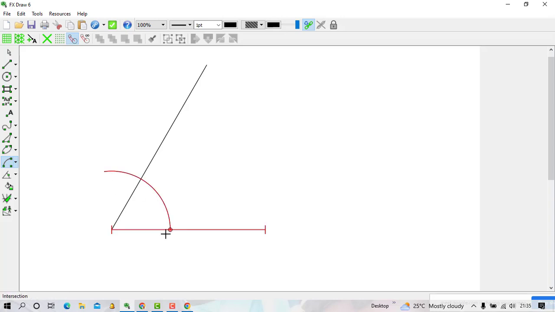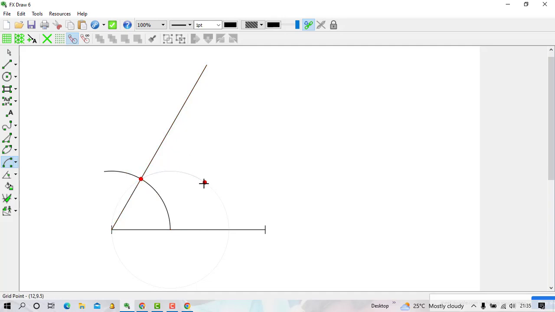So after drawing this one, we have the second arc. For the second arc the compass should be placed where this first arc intersects the baseline. That is the procedure of drawing the 60 degrees. The compass tip must be placed where that arc intersects this baseline. So I come to where it intersects the baseline, I click there. Then I want to make sure that the arc is passing through the intersection of this line and the arc. So move to the end where they intersect. When you see it has shown color, click there. That is the first end point.